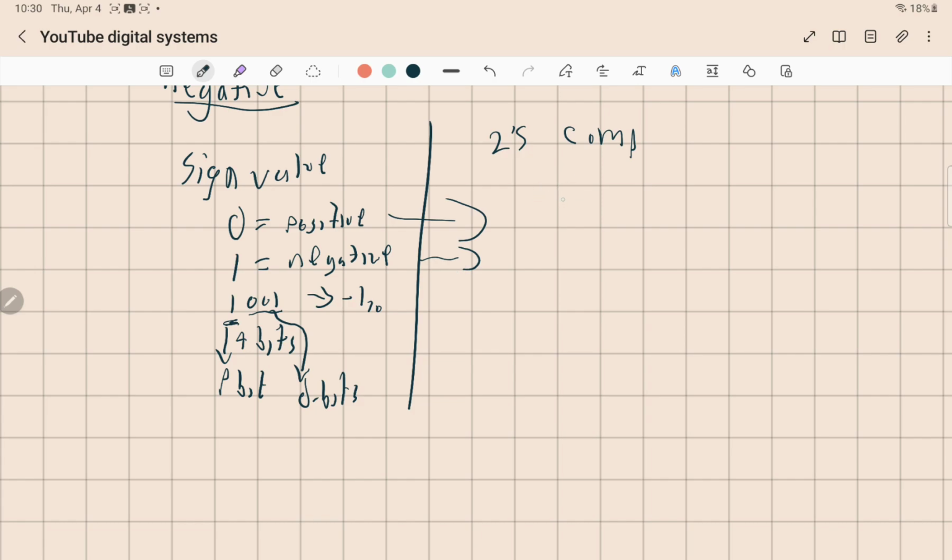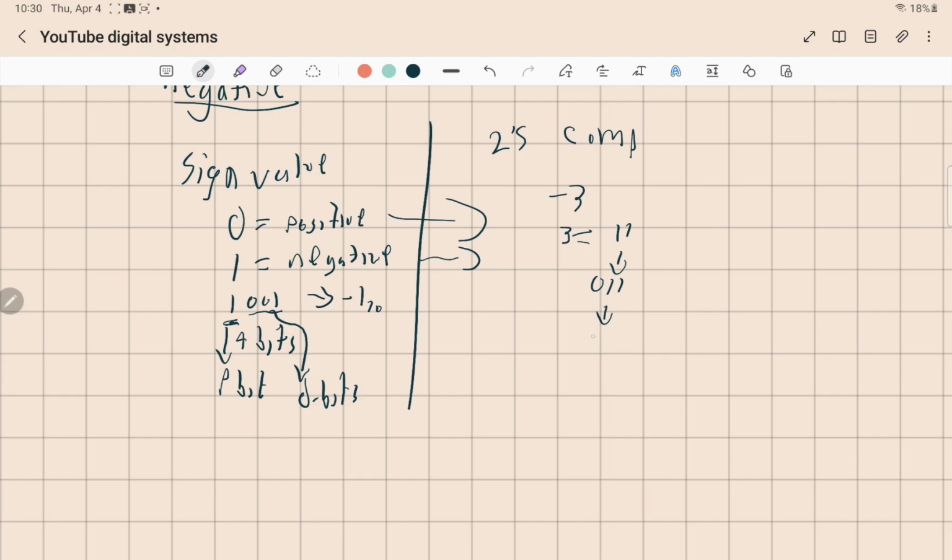So let's say we want to get negative 3. 3 equals 1, 1, plus the parity bit, so 0, 1, 1. That's 3. So negative 3 is going to be,